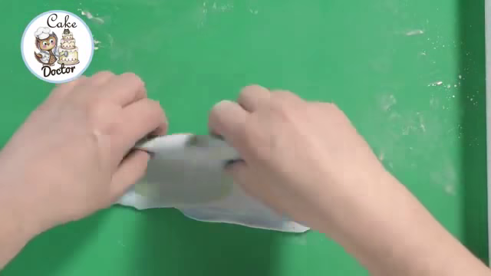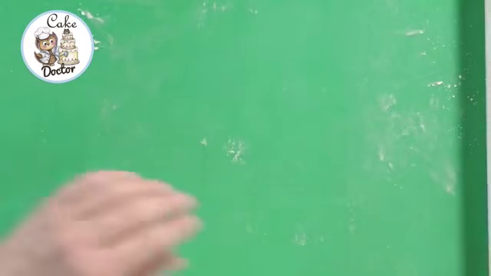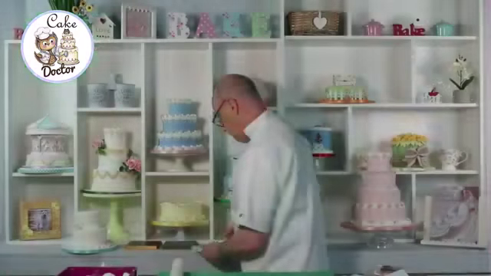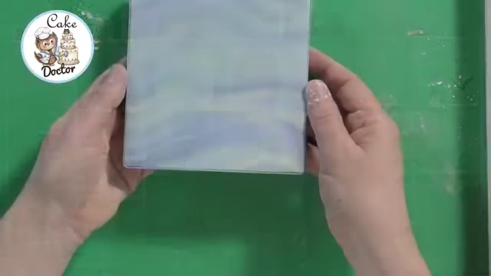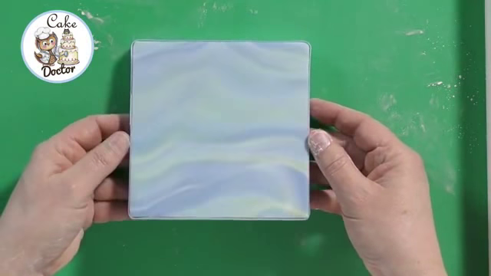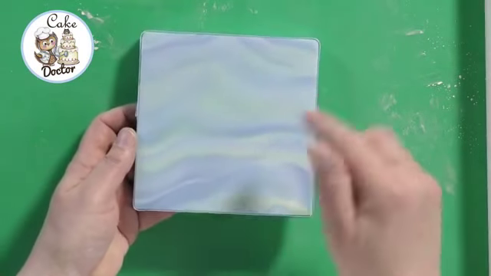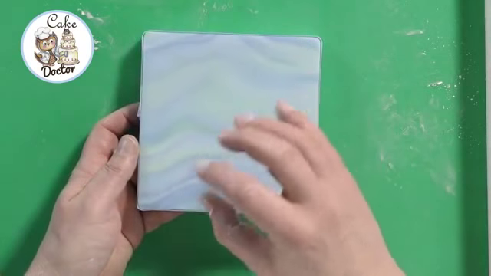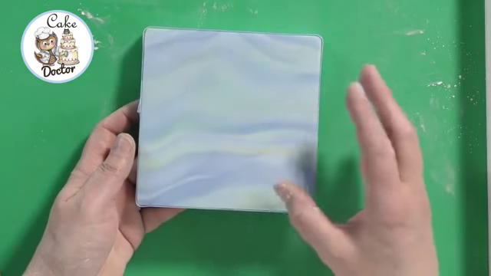So let's fold that up a second, put that by, and show you one that I did earlier. So as you can see, there you go. You can see that there. That's a really subtle coloration. This is what I would want if I was doing something like a sailboat or an ocean scene.